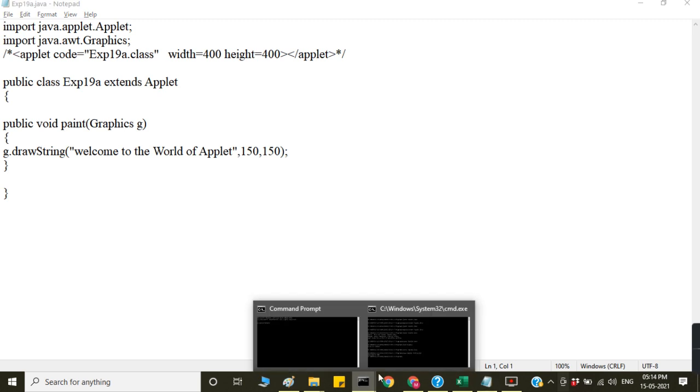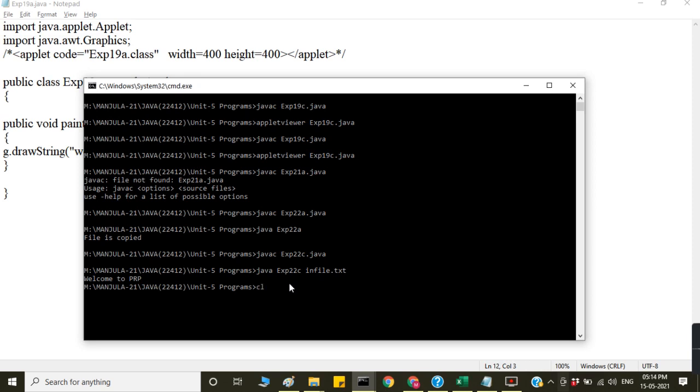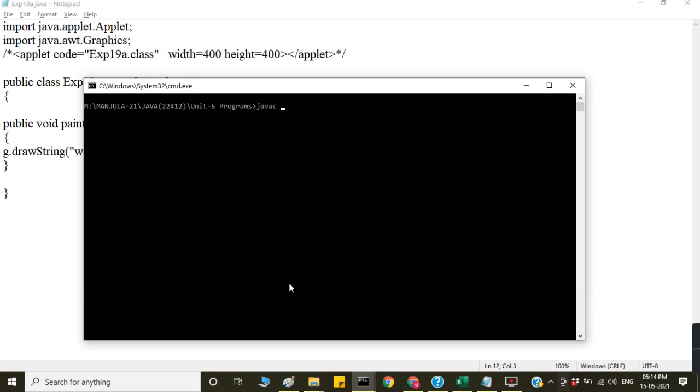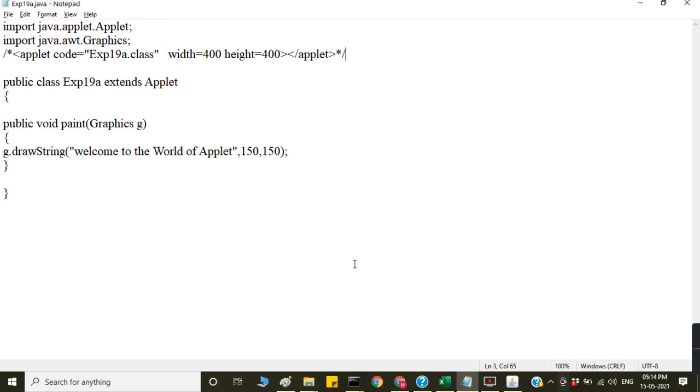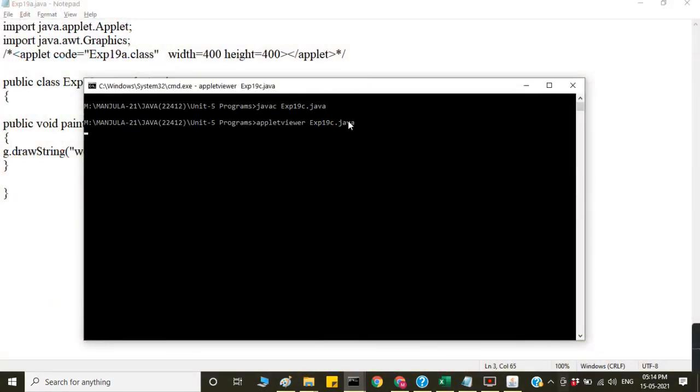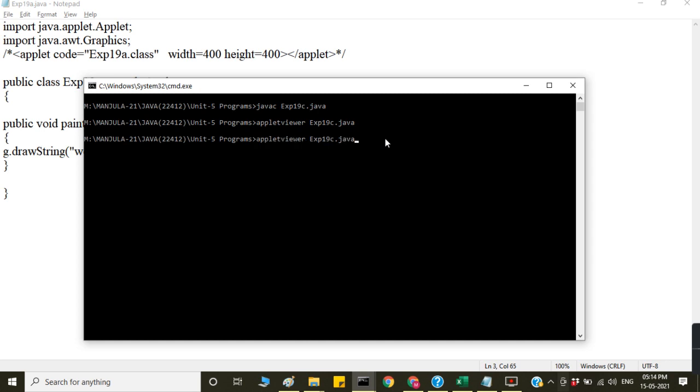So I will run this program. CLS, javac exp19a.java, then appletviewer exp19a with the .java extension. 19c is this one, 19a it is, sorry. 19a, compile this.